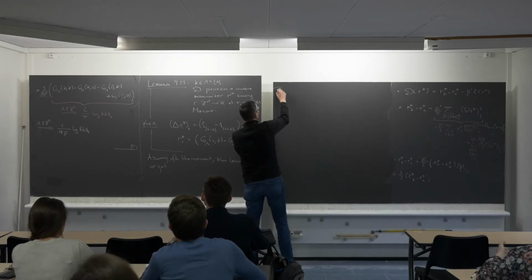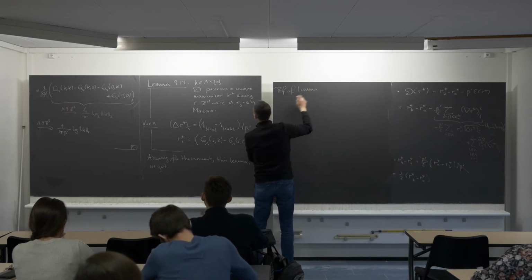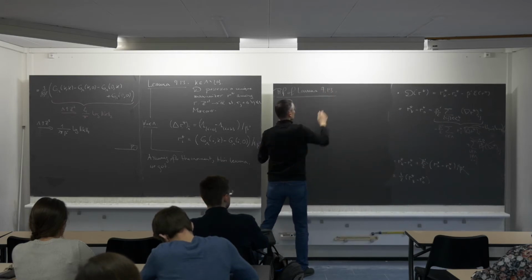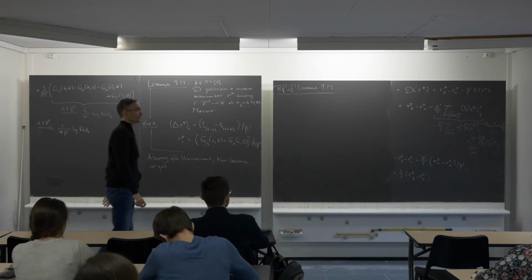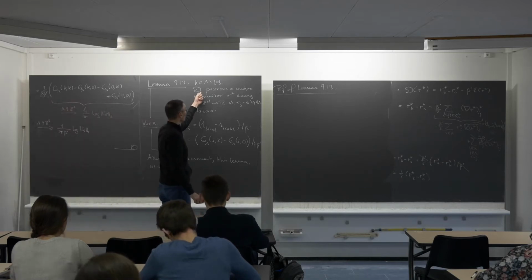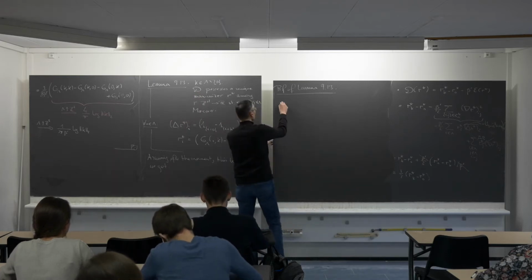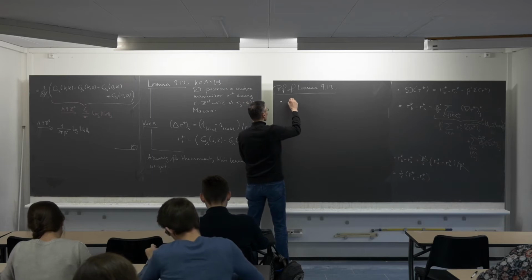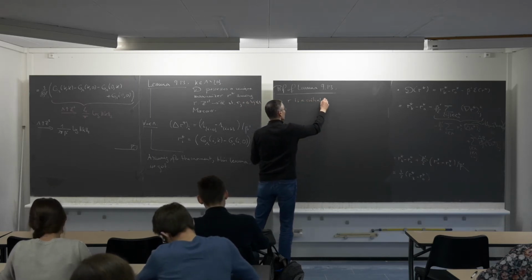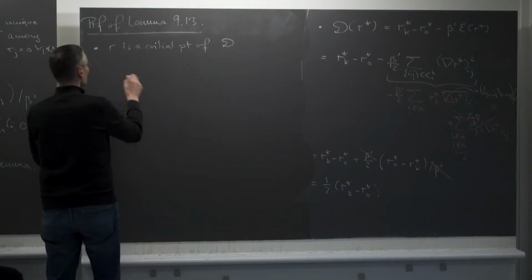Okay, so proof of lemma 913. Well, it's completely similar to what we did for the Mermin-Wagner theorem. That is, we are going to first characterize critical points of this functional and then solve the equation. So let's say R is a critical point of the functional D, if and only if